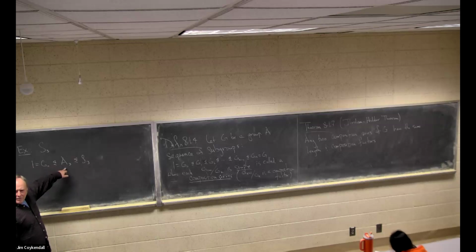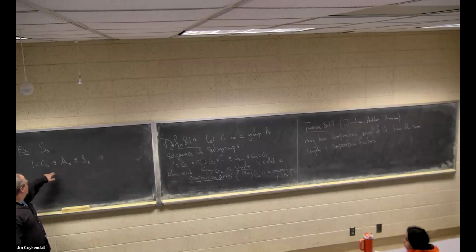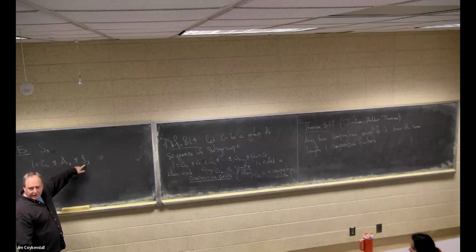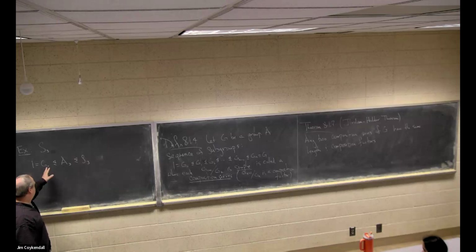Here's one. This is a composition series, right? Because I started with the identity, I ended up with S3. Of course, 1 is normal in this, that's automatic, and A3 is normal in S3. Also, notice that